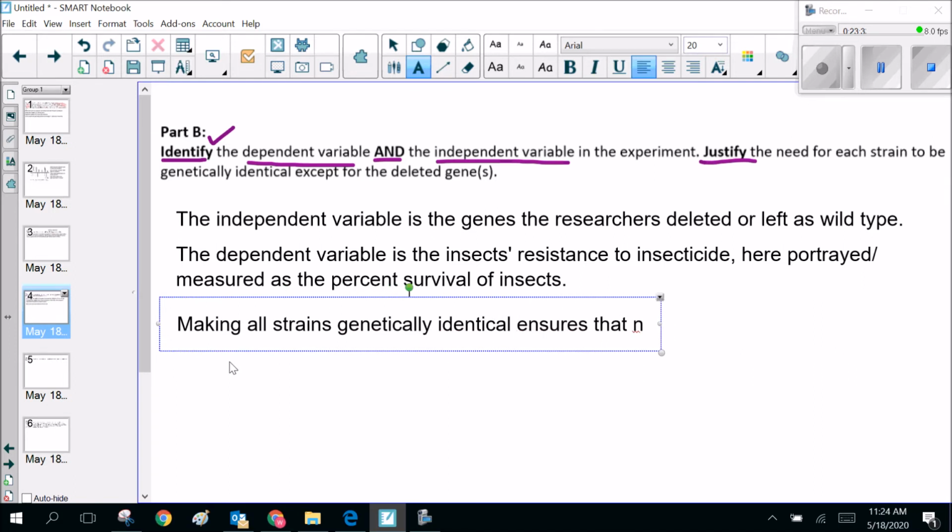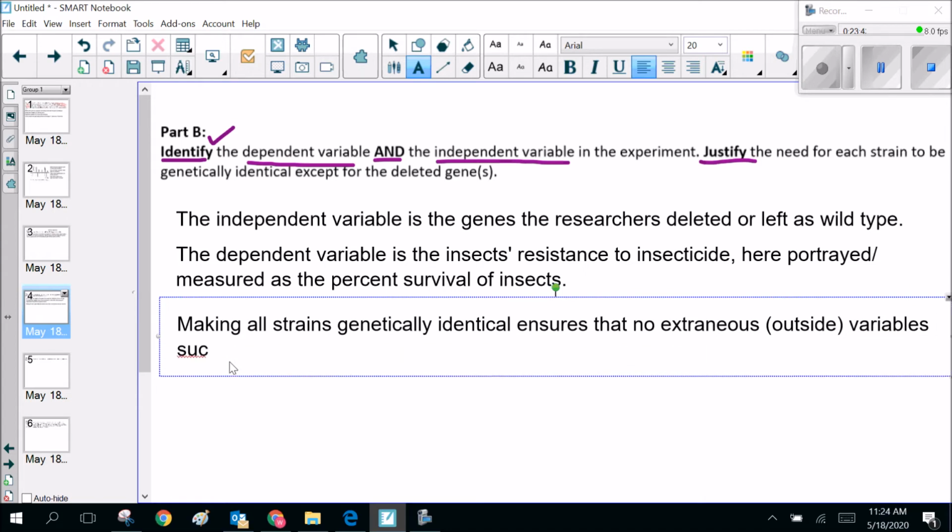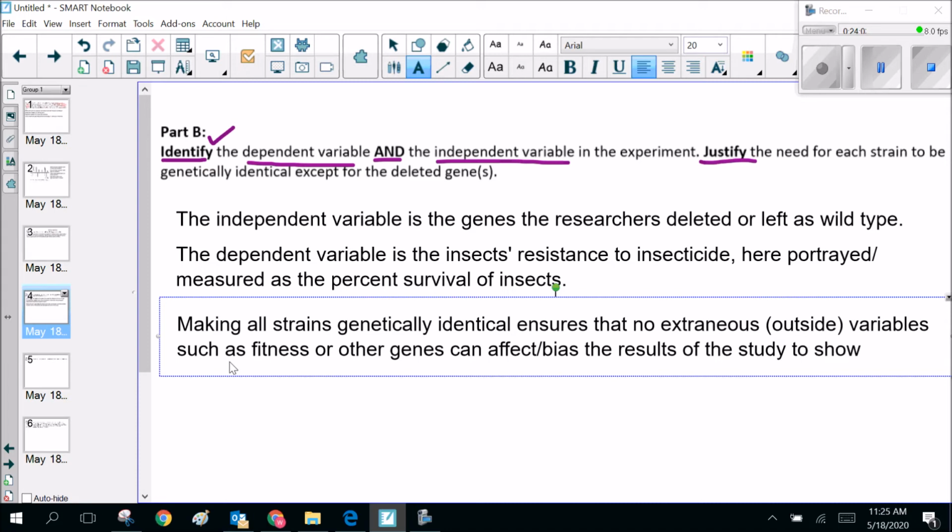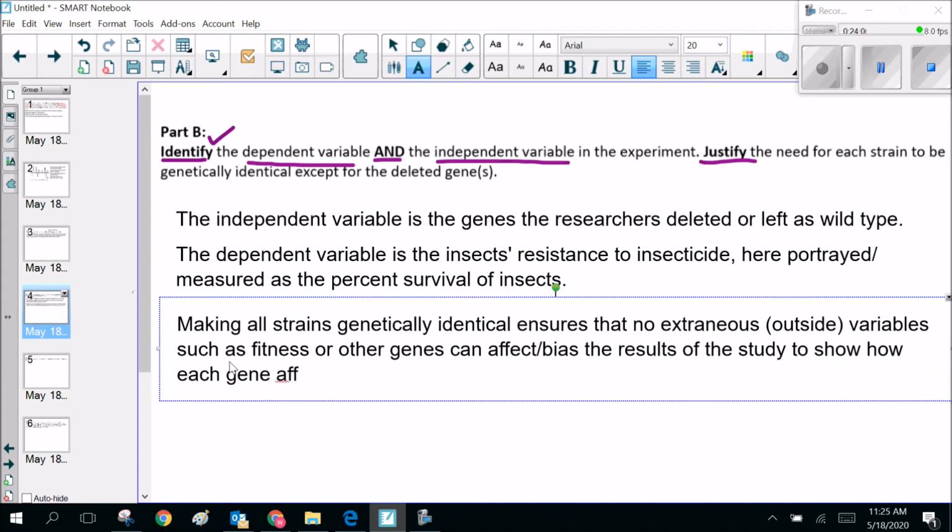ensures that no extraneous, or that can also mean outside variables, such as fitness or other genes can affect or bias the results of the study to show how each gene affects insecticide